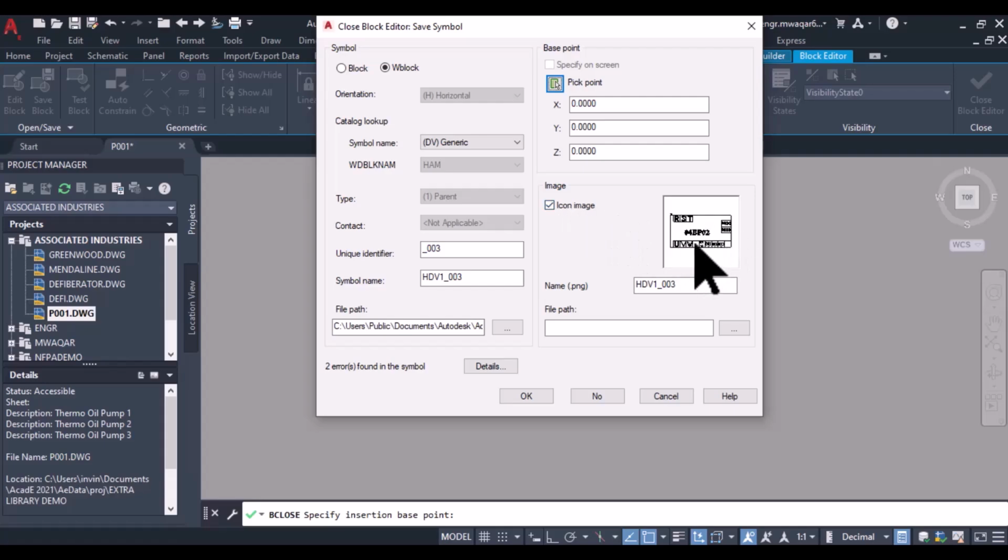Icon image, we will see why it is important. You can even say that its name is HDV1003. I want to save it, I don't want to change it, it's fine already. It's fine if we want to leave it as a name, but we have to first save its name. You have to remember its name. Its name is